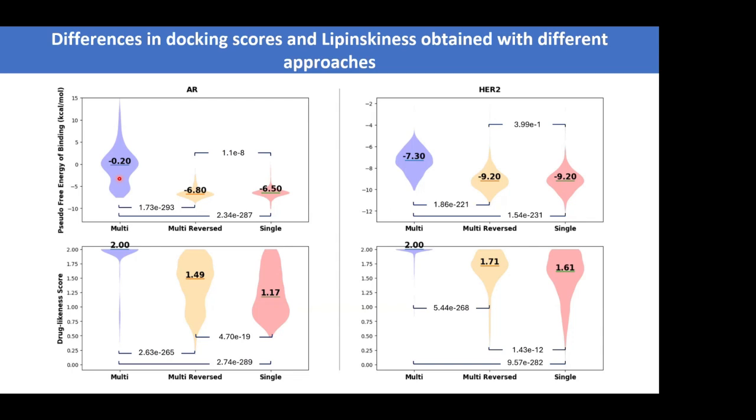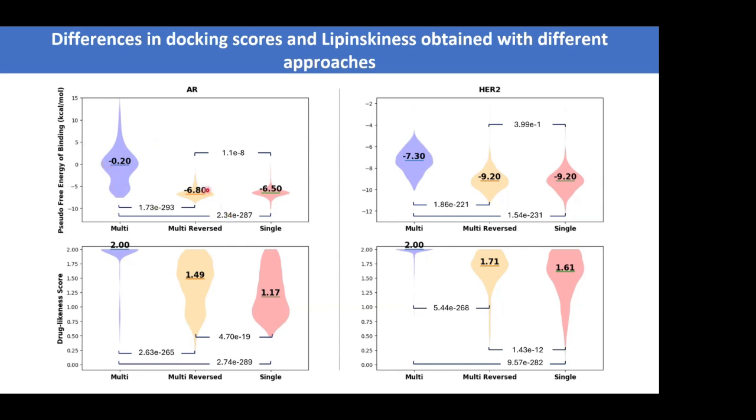So the multi approach is where you look at whether the molecules are Lipinski-like first before you determine the docking affinity. And it's worse simply because in this type of algorithm, as soon as the drug likeness is hit, the algorithm stops improving the compound. And actually, it is much easier to generate drug-like molecules than it is to develop a good binder. And this is why here you can see that the binding affinity is awful.